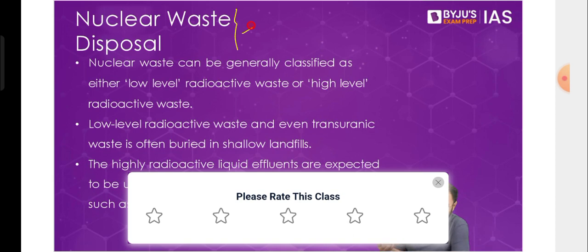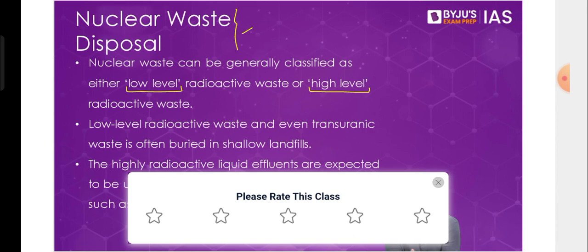Now the waste that we produce will be classified into two parts: low level radioactive waste and high level radioactive waste. Low level waste basically are the ones which are not very harmful for us. So that's why low level radioactive waste can be disposed very easily. We can use landfills, for example, and dispose them. But high level waste are the ones which are dangerous, which can have health implications and